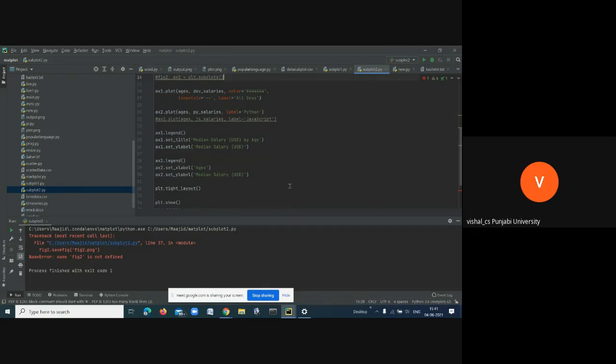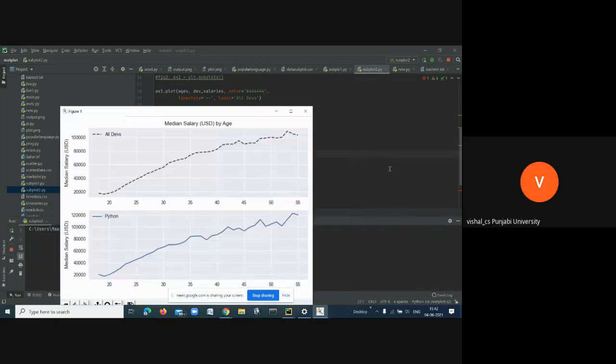I want single axis names. It needs to be a single axis with both. Yes, here in a single axis.